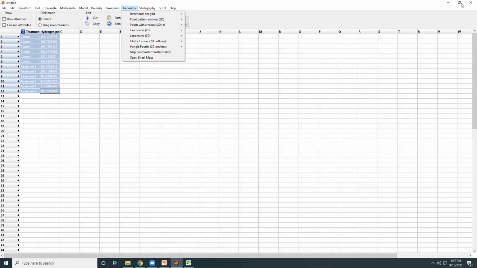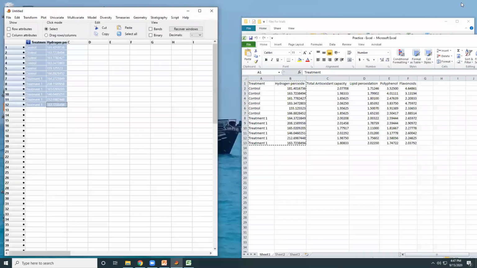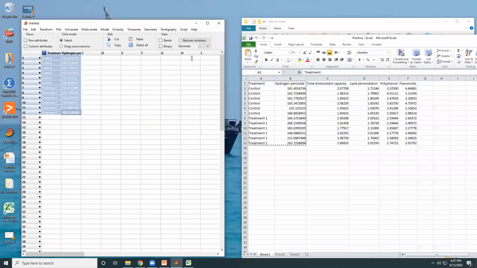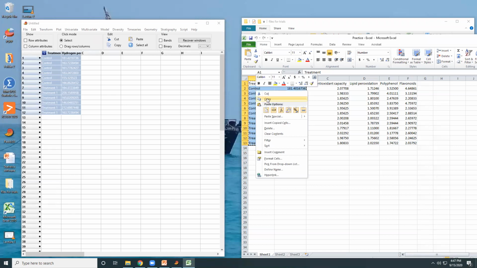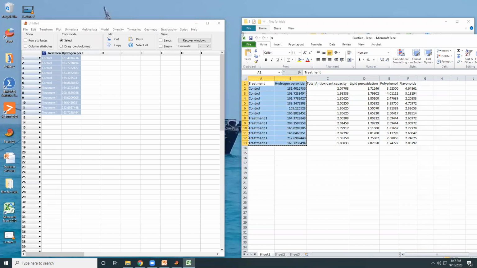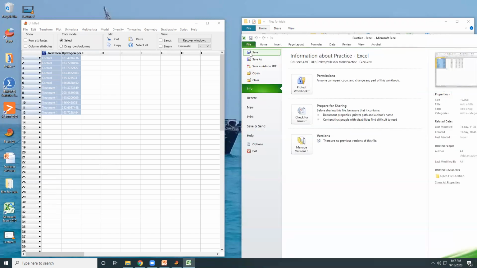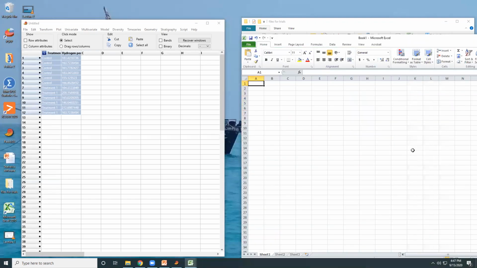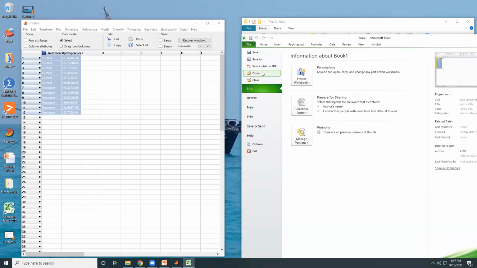There is another way. Suppose your data is already in Excel format and you do not want to cut and paste, you would like to import the data. To show you, I will take the treatment and this hydrogen peroxide column and paste it in a new spreadsheet, and save it as a text file.